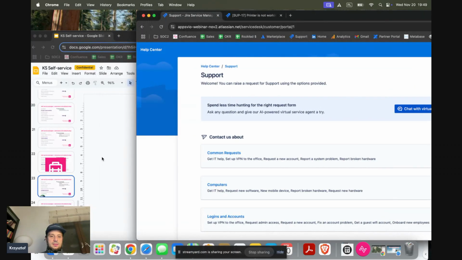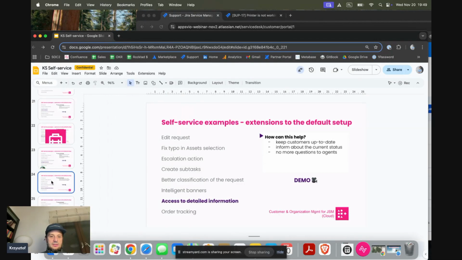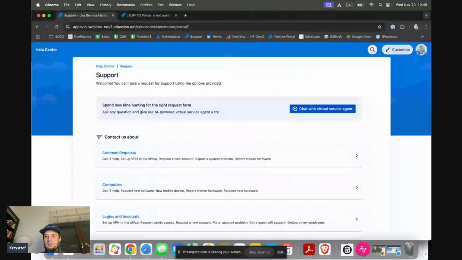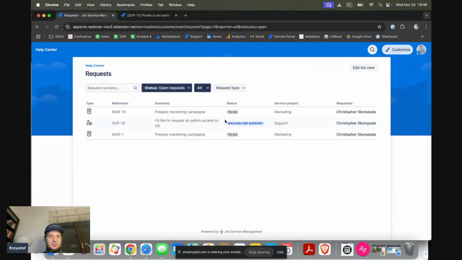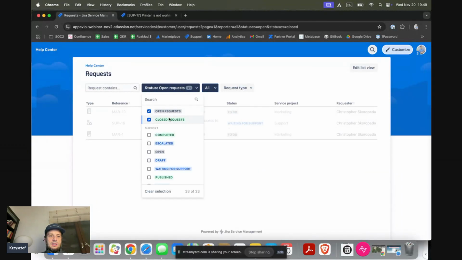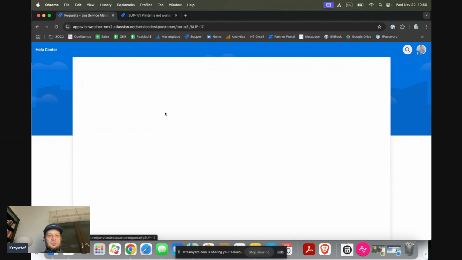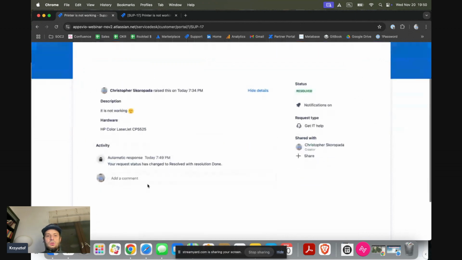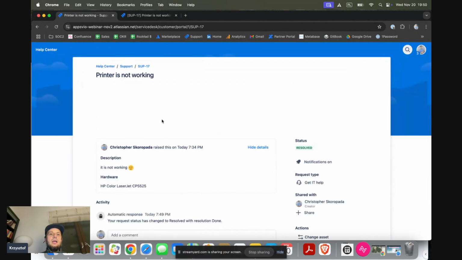Okay, so let's go to another point that I have on my list: access to detailed information. Again, let's go back to the printer issue. Where is my printer issue? It's closed right now. Printer is not working. So I've linked this issue to